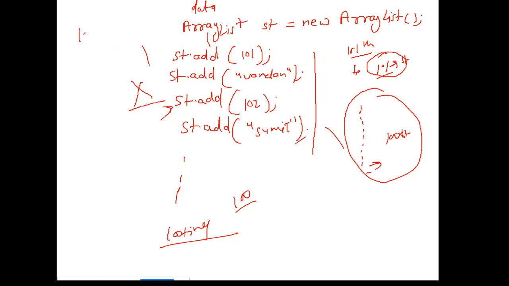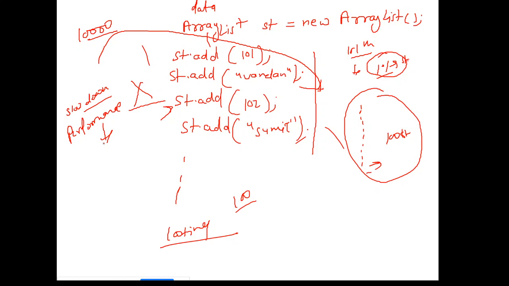Suppose you have 10,000 student data, so this 10,000 data will be copied into the new array list, and then the older one will be available for garbage collection. But this will slow down the process, right? It will slow down the process, and the performance of your application will go down. So this is the drawback, just because it's copying to a new one and making the older one available for garbage collection. So array list performance is slower than the array.